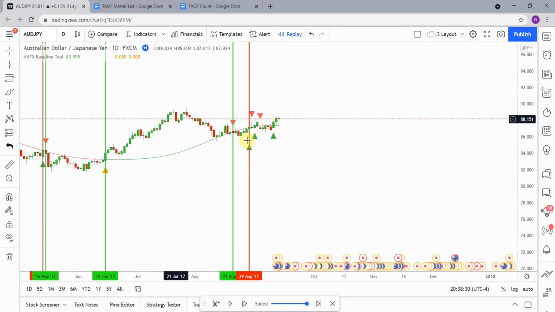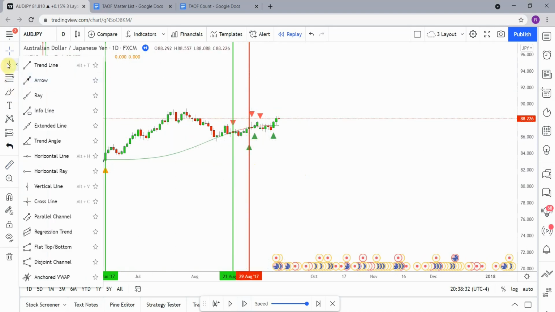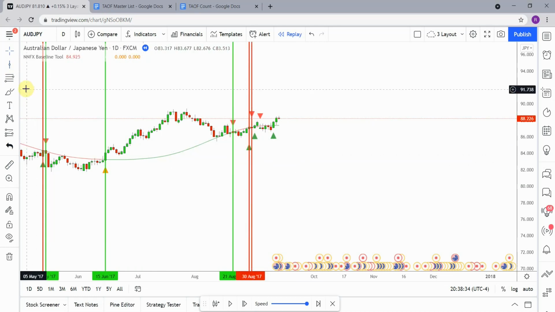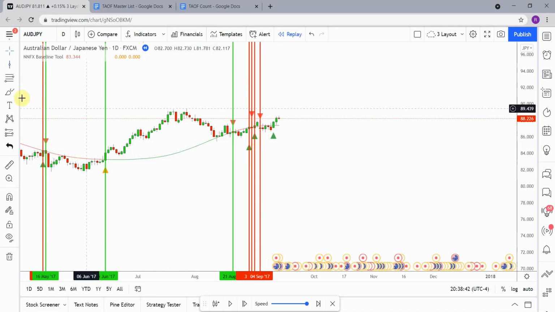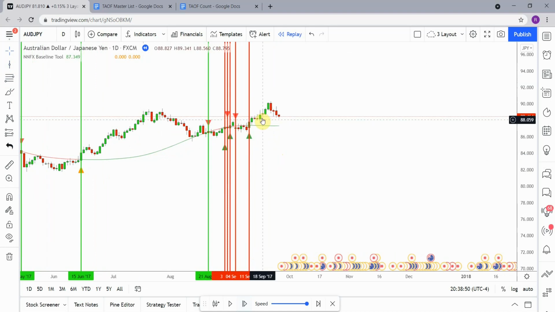So we get a long, then we get a flip to the short, then back long, back to the short side, and then finally a long signal there, and that one's going to get us to take profit. All right, so what I'm going to do is go ahead and fast forward just a little bit